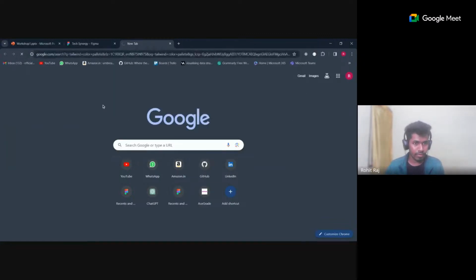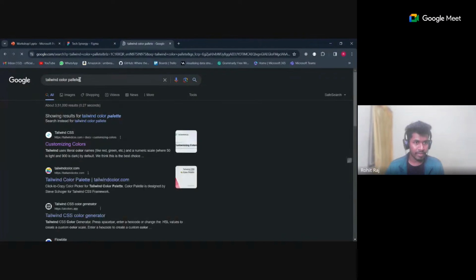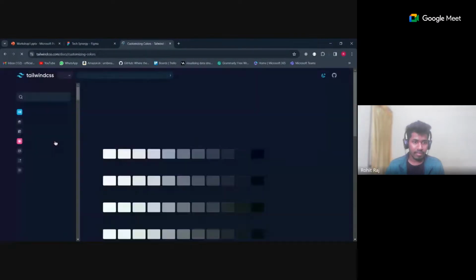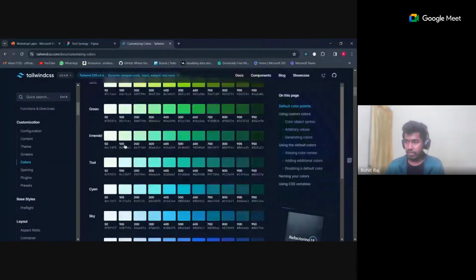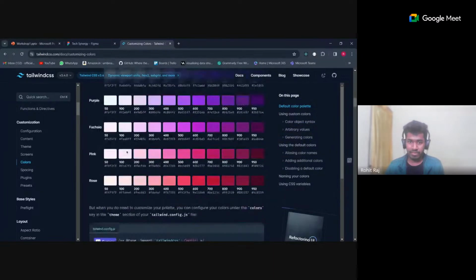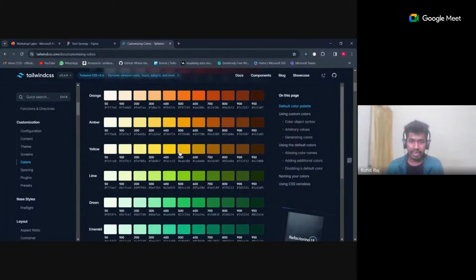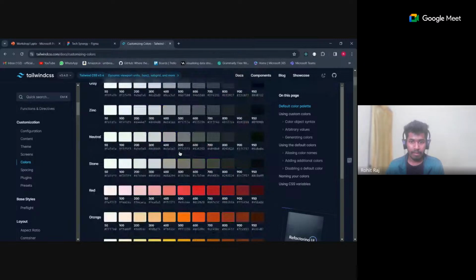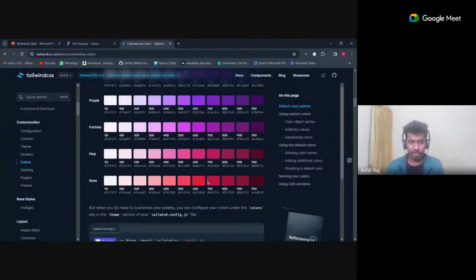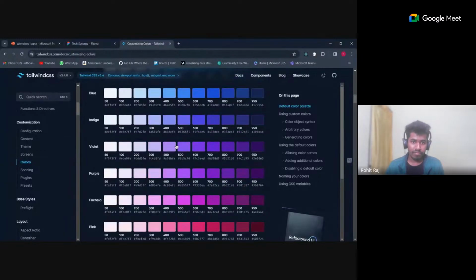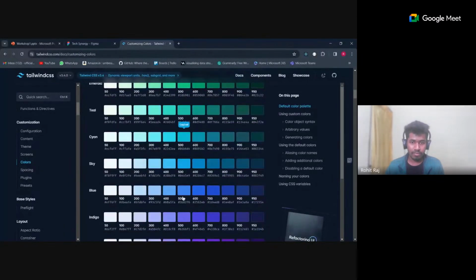So you can go to this specific website, or you can type Tailwind color palette. Okay, and Tailwind is basically one of the libraries for CSS that you can use to design your web applications. So here you can see they have a bunch of color palettes, and you can choose whatever color you wish to put in your website. Okay, so let's say I choose